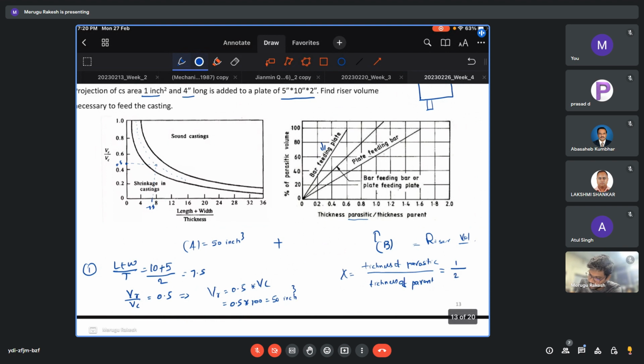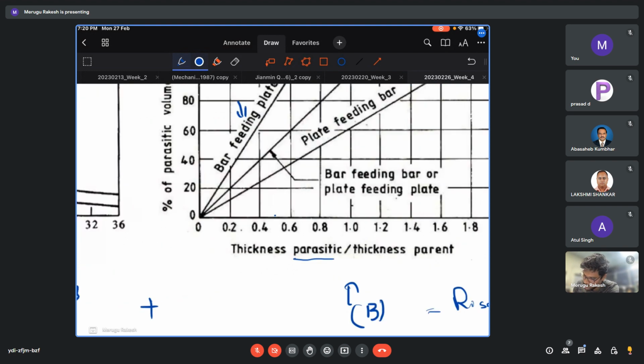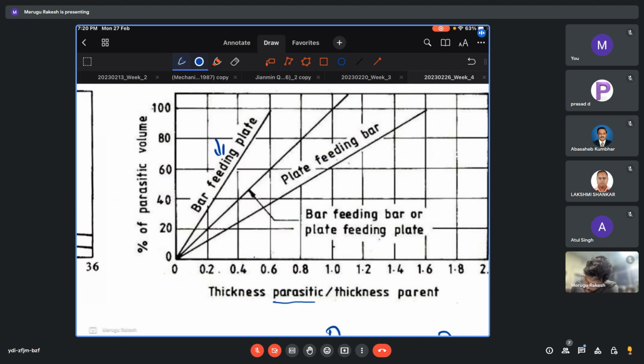Parent thickness is 2, so that is nothing but 0.5. So corresponding to 0.5,